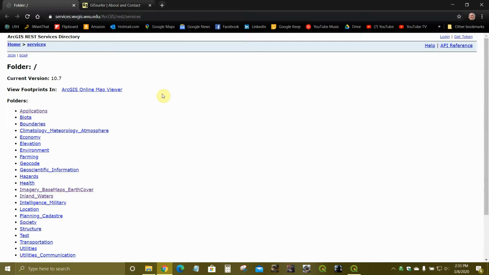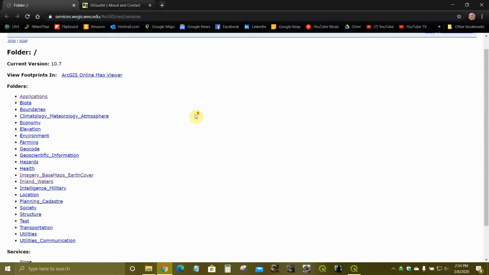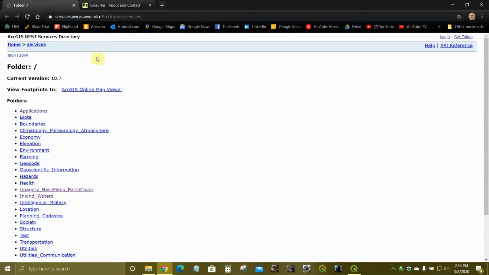And in this context, I wanted to start out by showing you what one of the ArcGIS REST services looks like in a web browser. And this is it. This is actually a REST service directory, and it's published by default by ArcGIS servers. And this one happens to be at WVU here in West Virginia. So what it allows is easy browsing, and it puts it into the context of the internet, and it lets you find these services fairly easily,